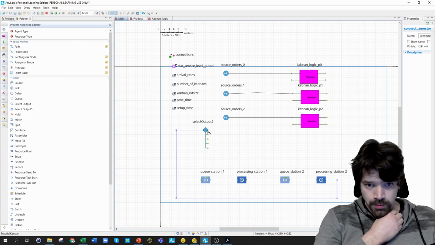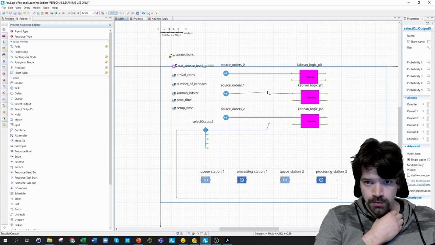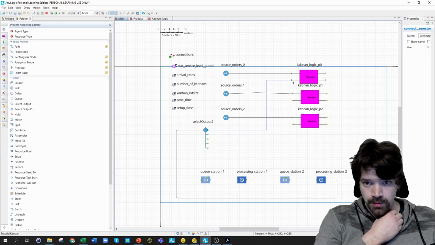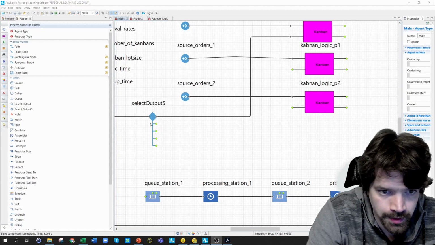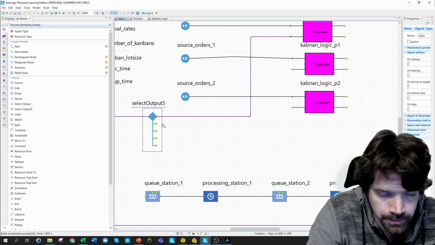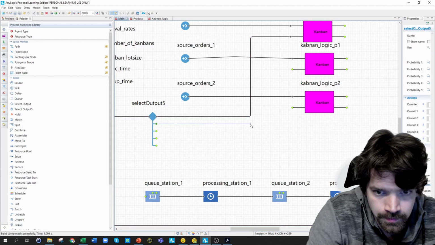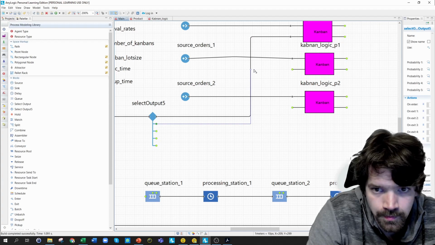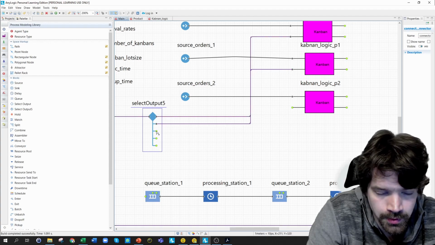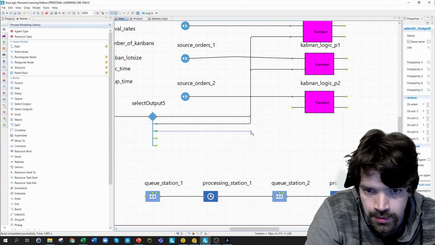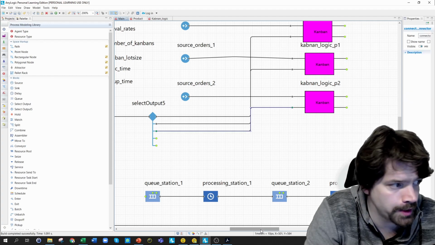So if it is product 1, then it should go to the item import of Kanban 1. So then I connect that port with the second Kanban, the third port, with the remaining one. So, and on the other hand,